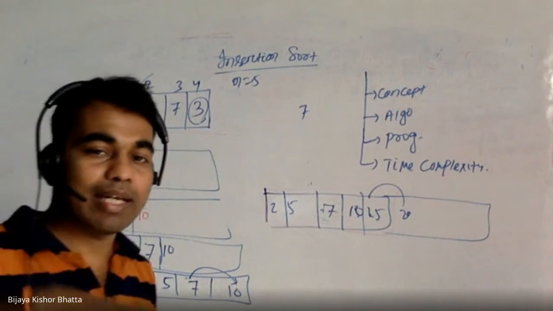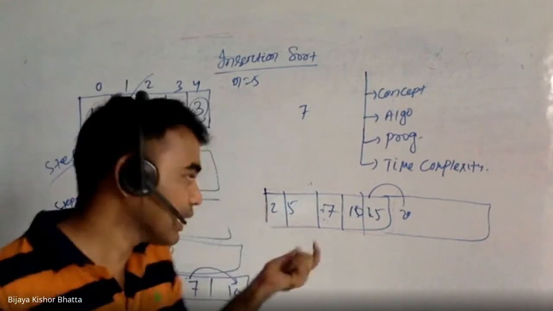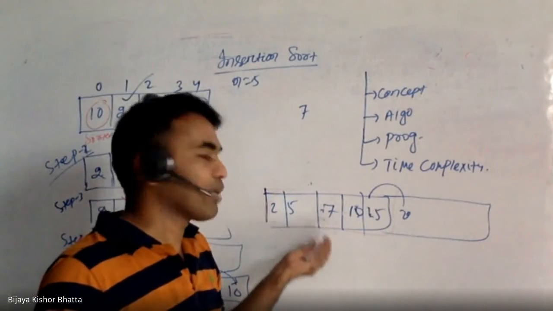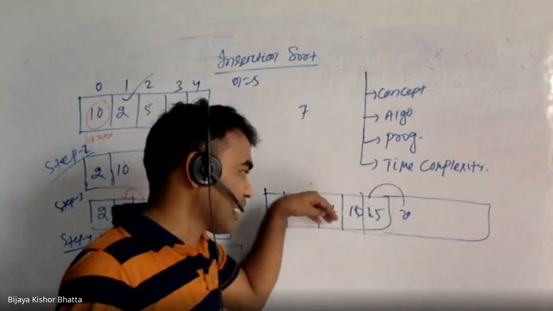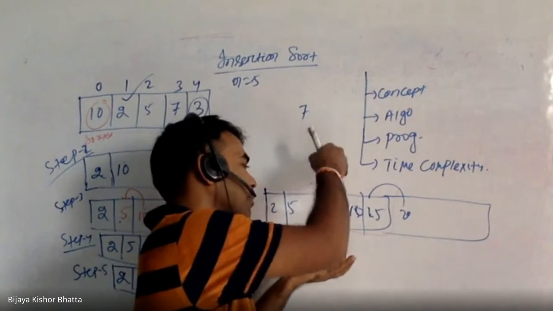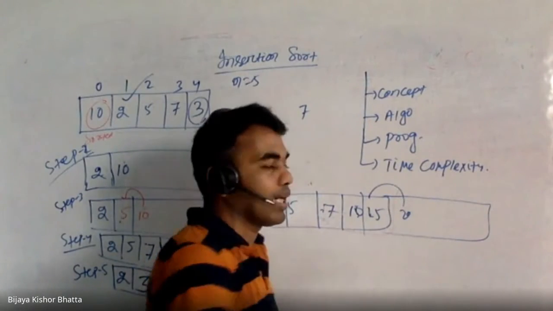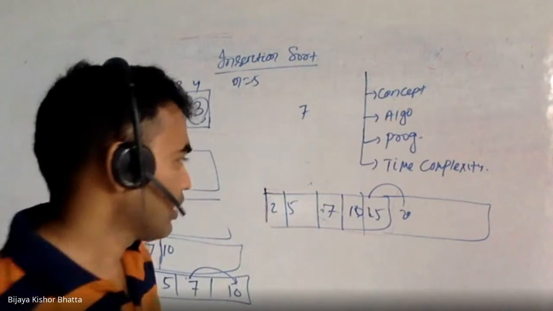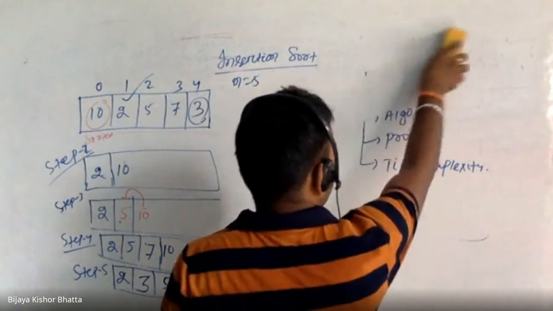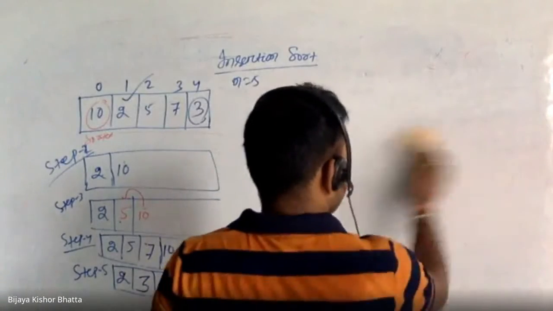You are inserting an element. While inserting, what extra auxiliary operation do you need? You need a shifting operation, because you need a position in that array so that you can insert the element. So you shift elements, and wherever the appropriate position is, you put it there, so that the resultant array is also a sorted array. That is the main idea. I think we understand the concept and algorithm. Let me write down the program, then after that we'll go for the time complexity.